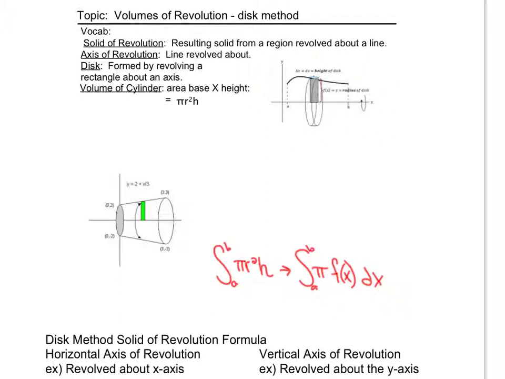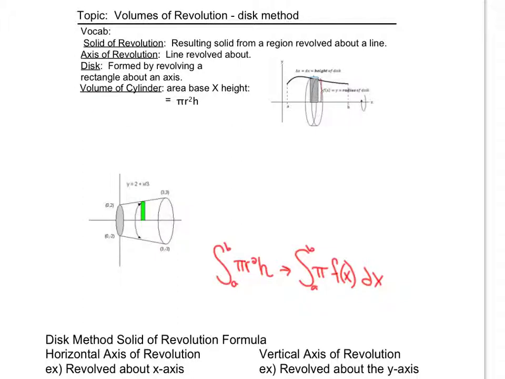So if you can see this picture here, and I know sometimes it's hard to read the writing on it, so if you look at the picture online, if you don't print the notes out, if it is coming out blurry. But again, notice if I take this rectangle and I rotate it around my axis, what it's going to form is what we call a disk. In this particular case, where it's a rectangle, the disk is the shape of a